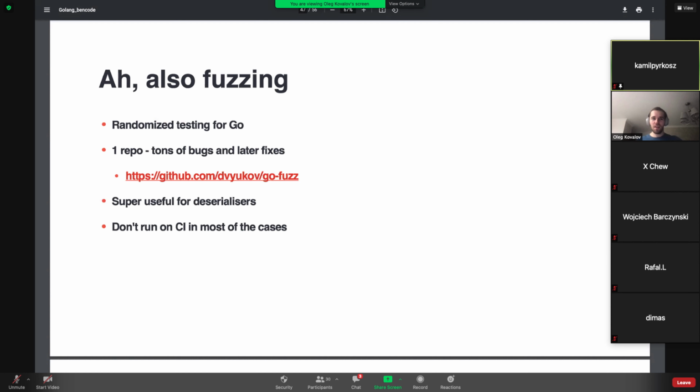Let's talk about fuzzing. It's randomized testing for Go. There is one repo created by Dmitry Vyukov. It found tons of bugs in different applications because you just give your code random input, a random byte slice, which is arbitrary, but still not so arbitrary because it looks at your code coverage and tries to find another pattern of this byte slice to find places where your code can panic,